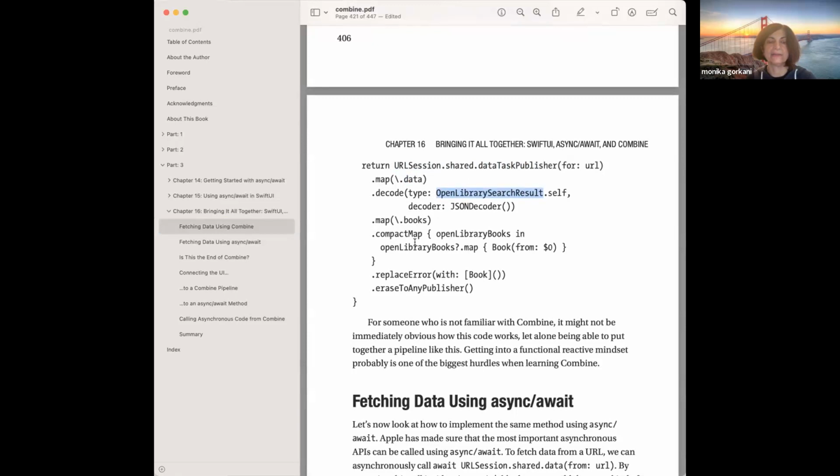Then we use compactMap to take this format, the open library search result, into a book